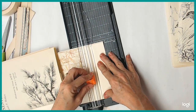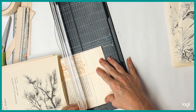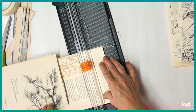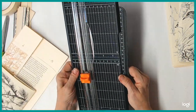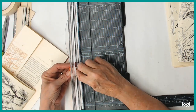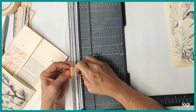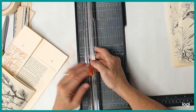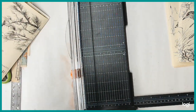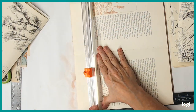Wow, it's really acting weird today. It's sure not wanting to cut this. Okay, I'm doing something wrong. And this is the way I usually have it. I guess it could just be that the blade's dull, but... All right, let's try again here. Let's do it this way. We'll go all the way. Maybe that'll...